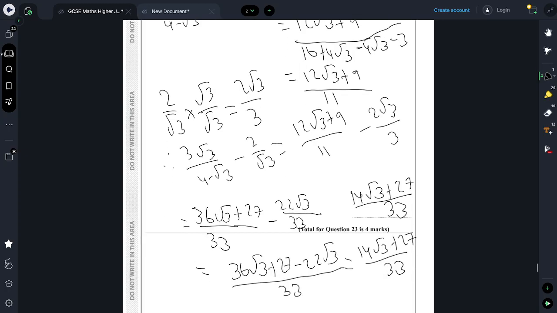So once we rationalise both the fractions, we subtract them here, and then we get this subtraction. You should know how to subtract fractions as well. You must know the denominators must be the same. So you times by the common denominator, times this by 3 to get to 33, times that by 11, times the opposites, and you get this. And you should also know how to simplify thirds. So you should know 36 root 3 minus 22 root 3 is 14 root 3. All of that,